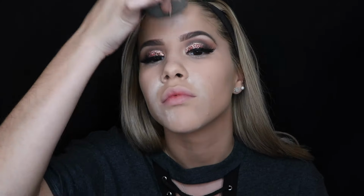This right here is literally my child. I love this translucent powder. If you haven't tried it, go get it. I promise you it's better than anything out there. So I'm going to use that to bake my face